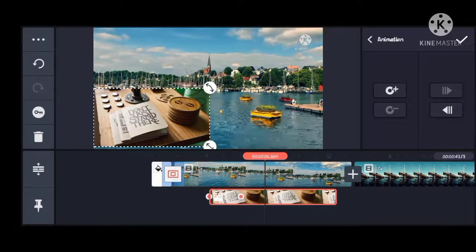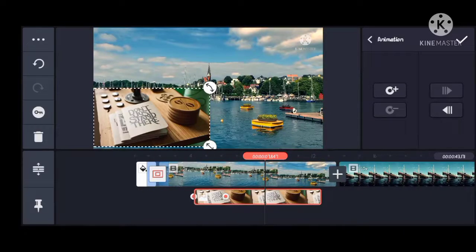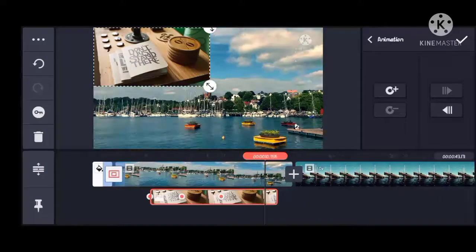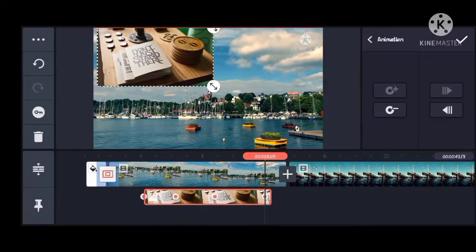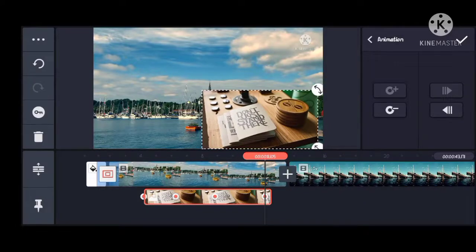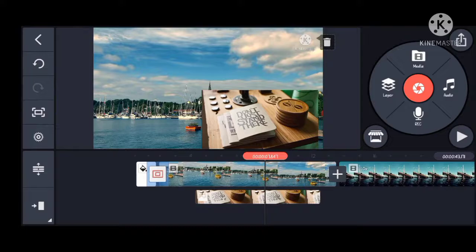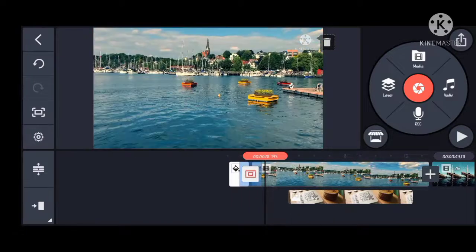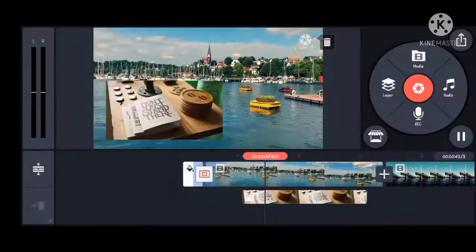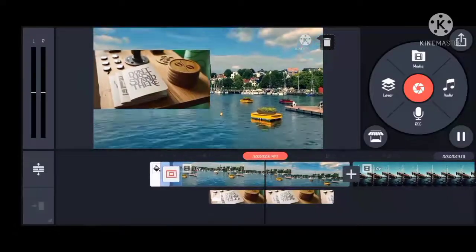Then I will also shift my playhead a little, and bring it here. I just want you to see how it works. Then I will shift my playhead again, and bring it down here. Now if I play this, you see what happens. Now let me play. Okay, do you see how it